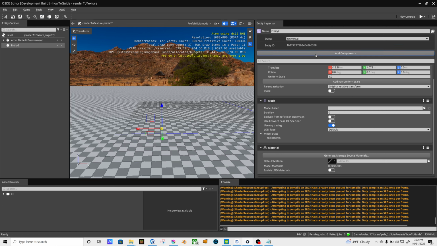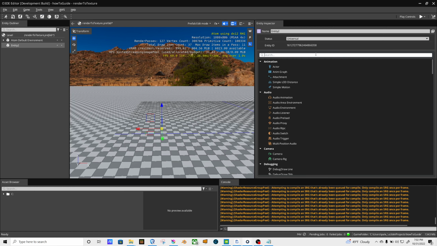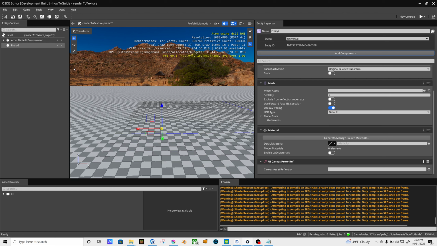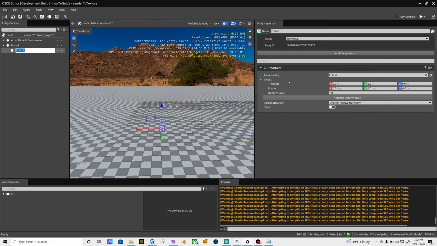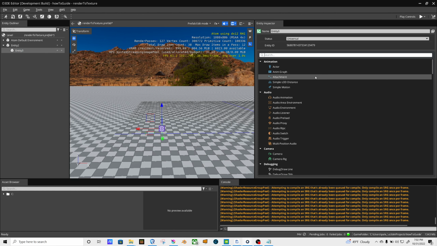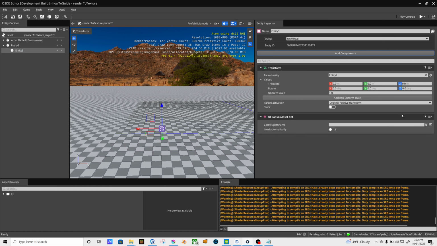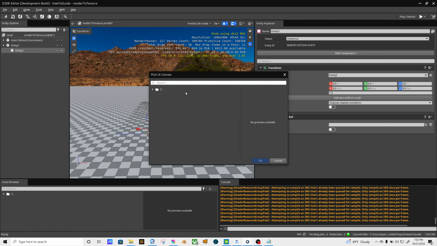I'm going to add a UI proxy. Okay. And I'm going to right click, create an empty here. And I'm going to add the UI asset reference to this guy. I'm going to click here, select the render UI setup right here,